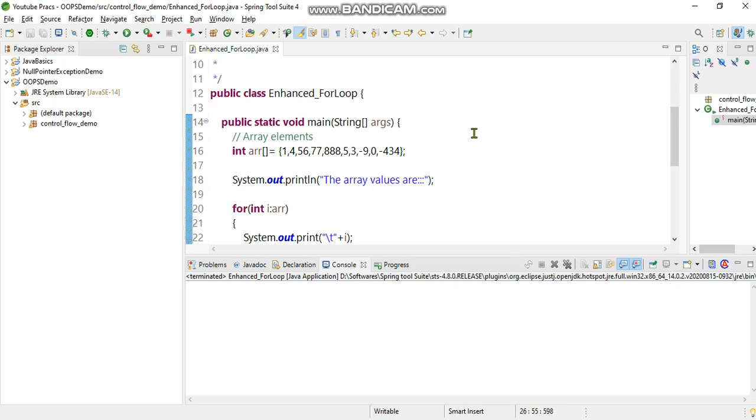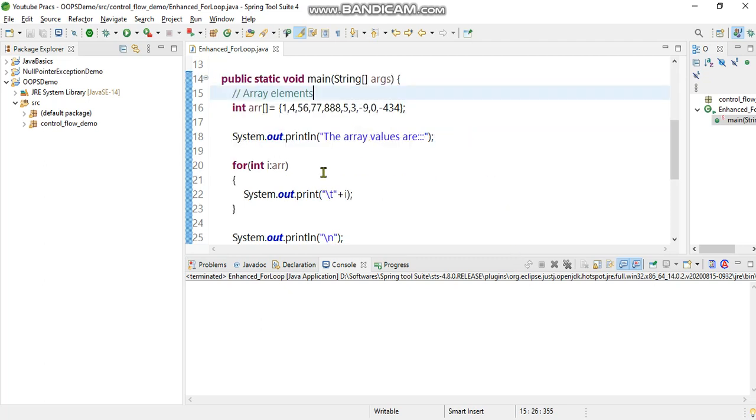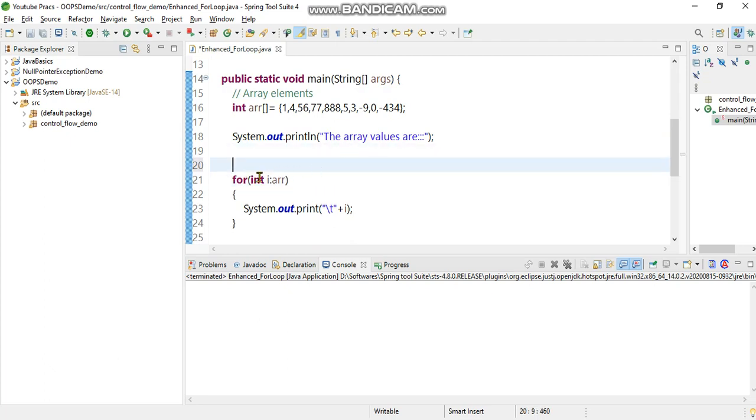For demo purposes, I've taken an array of integer elements. As you note, in the enhanced for loop, just as in the for loop, you have to take a reference variable and mention the base data type element name, as in take an i as a reference, and array is the name of the array of integers. There is a syntax for mentioning it: you put the data type, followed by a space, followed by the reference variable name, colon, followed by the name of the original data structure, the array of elements.